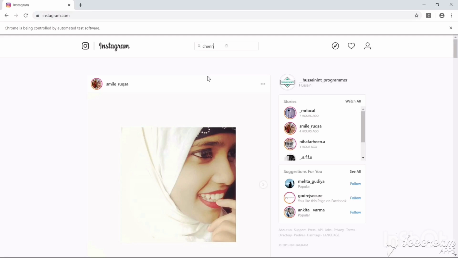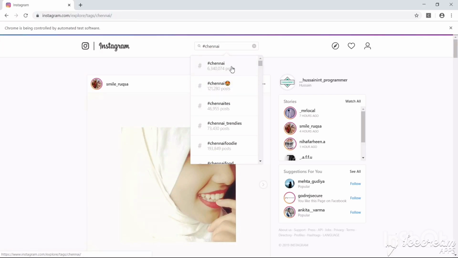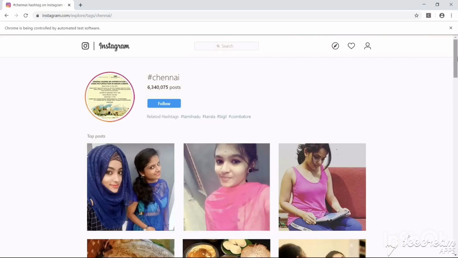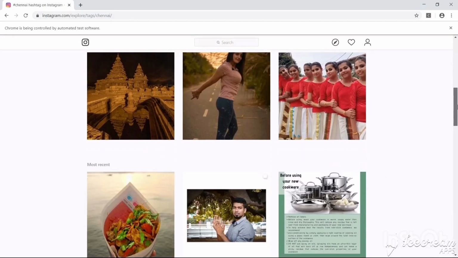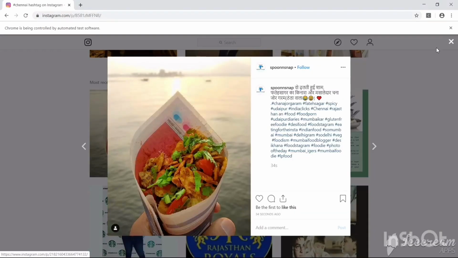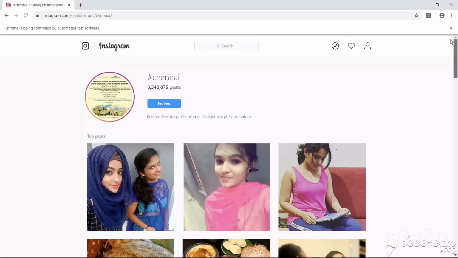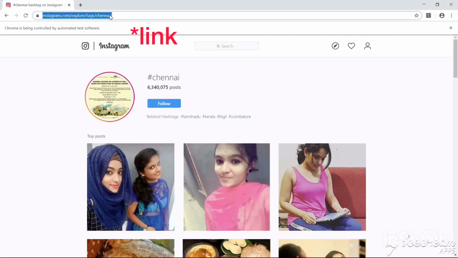Let's say I write Chennai because I am from Chennai, the hashtag form, and I will open the first one. So what I see is we have top posts here and most recent posts here. So our intention is to click posts which are very recent, which have fewer likes. So we will copy this code, and if you see that after tags, whatever code you put, that's the hashtag. So no need to give the data inside this search box. You just have to pass the link. So we'll copy this link